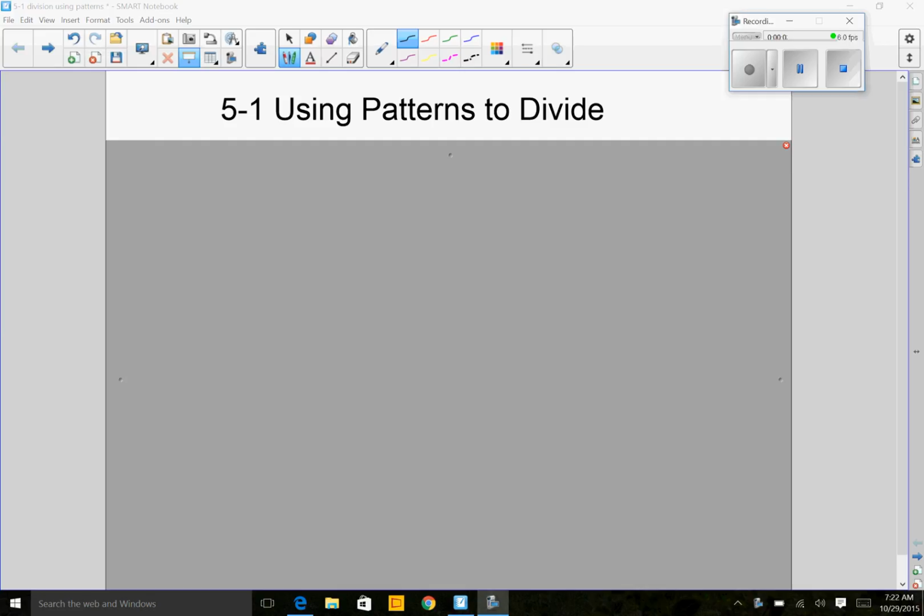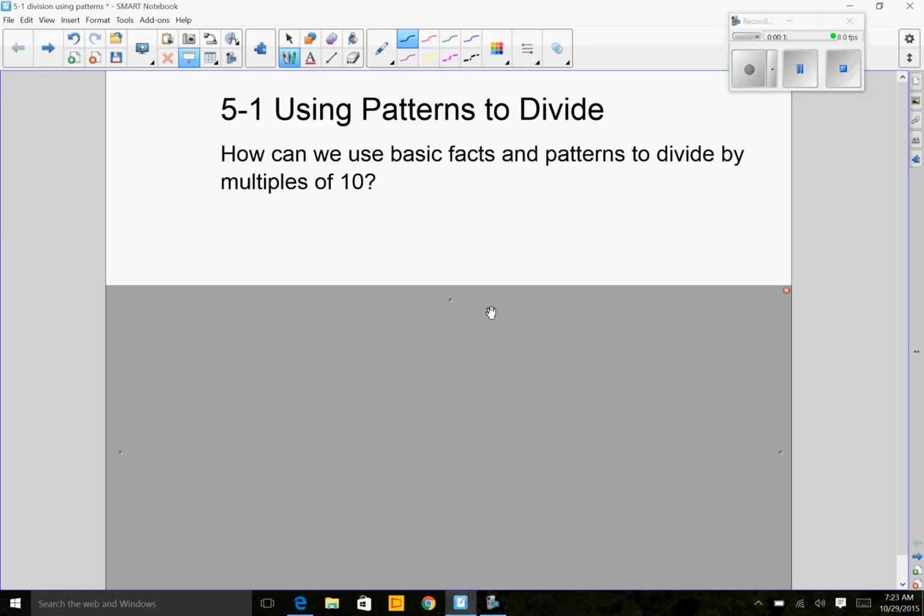This is Topic 5, Lesson 1, Using Patterns to Divide. So just like we use patterns to multiply, we've actually already done some using patterns to divide with one-digit numbers. We're going to talk today about how you use patterns and facts, basic facts, to divide by multiples of